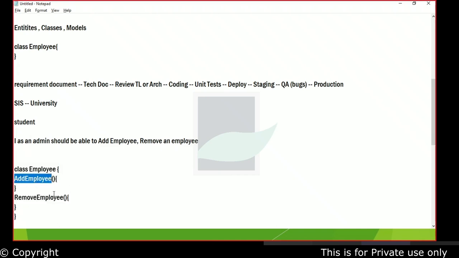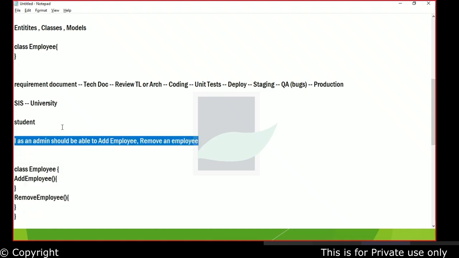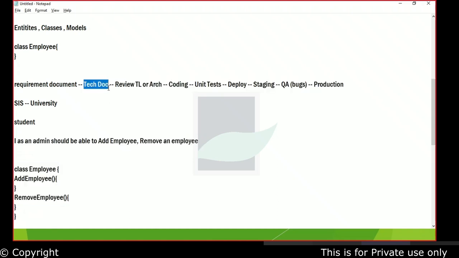To add an employee, that's another thing. I'll look at where I need to add it. What is the DB? I'll call a service inside or I'll directly interact with the DB and stuff like that. But I at least got the skeleton up and running by looking at the requirement. This is what I'll specify in my technical document. So then that is what is reviewed and then it goes ahead through the different stages.